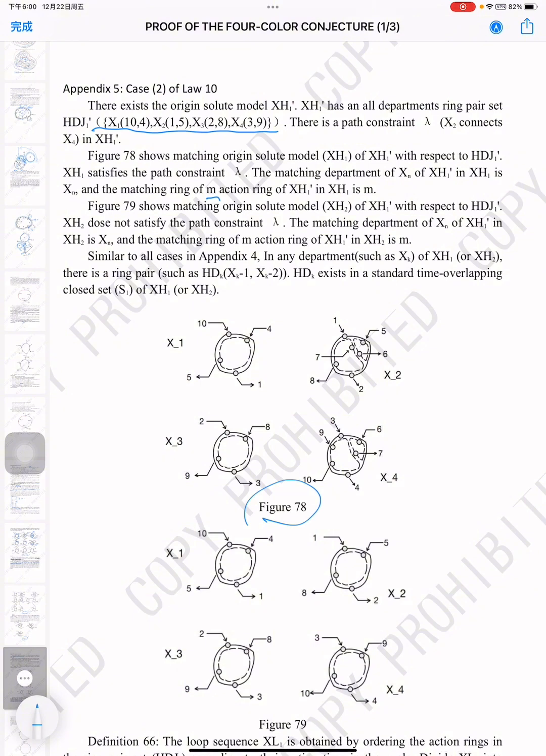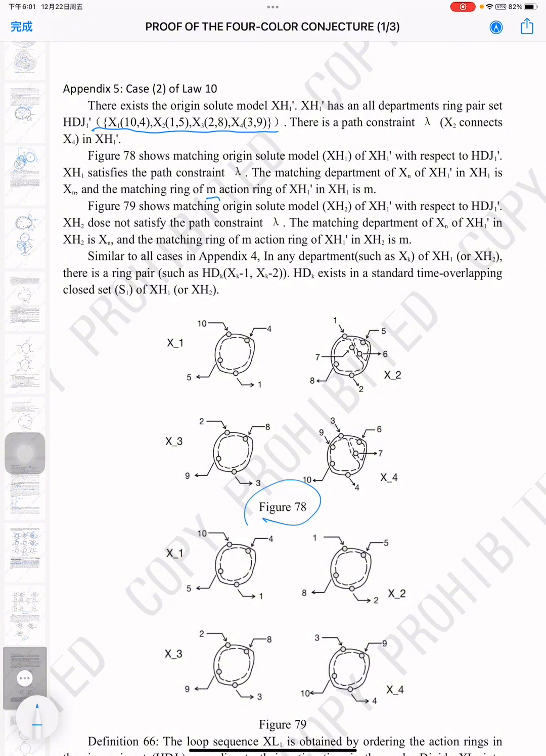Figure 79 shows matching Regensloot model XH2 of XH1' with respect to HDJ1'. XH2 does not satisfy the path constraint lambda. The matching department of Xn of XH1' in XH2 is Xn, and the matching ring of M action ring of XH1' in XH2 is M. Similarly to all cases in Appendix 4, in any department such as xk of XH1 or XH2,